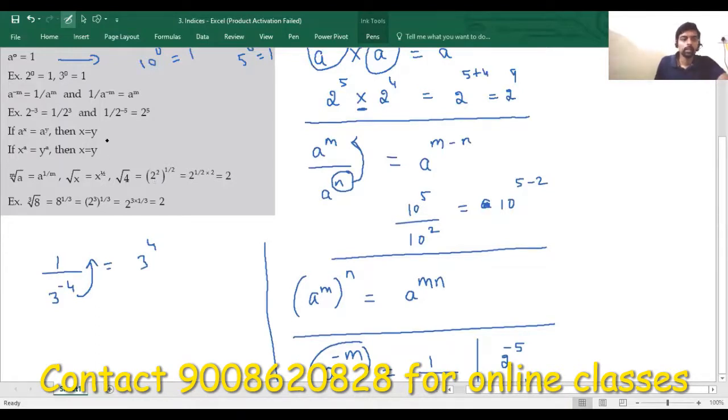These two properties are extremely important, guys. Please learn this properly. If the bases are the same, for example, 2 power x equals 2 power 4. Observe the bases, guys. What is the base here? 2. And what is the exponent? x. And here the base is 2 and the exponent is 4. If the bases are the same, even the exponents will be the same. So here the value of x will be equal to 4.